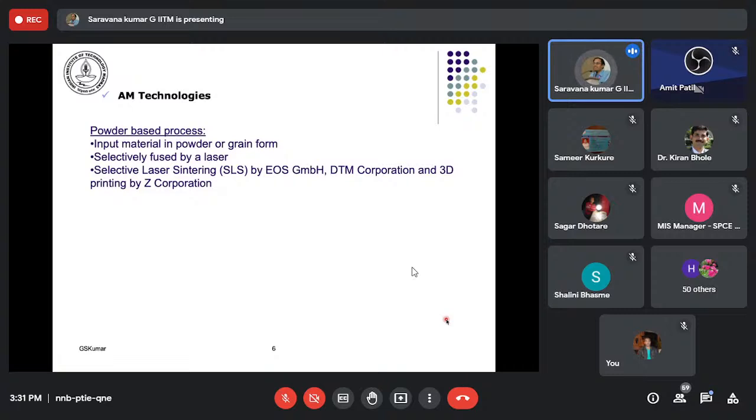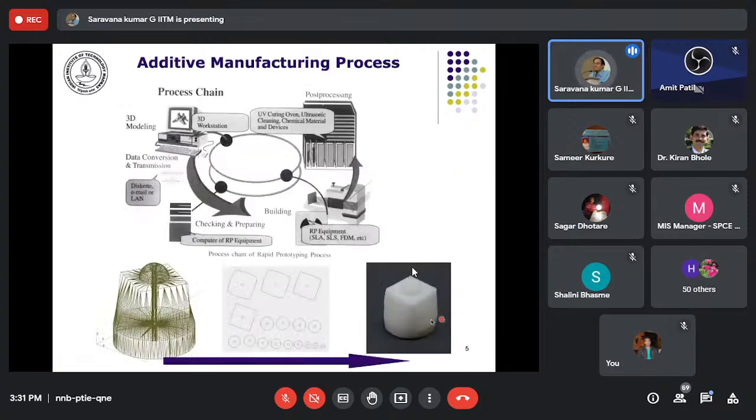So wherever the material needs to be fused, like we have this slice, I need this region to be fused. So the laser will scan that region and fuse the powder bed in which the powder is spread. The powder will be fused, and layer after layer, selectively the region of interest is fused.